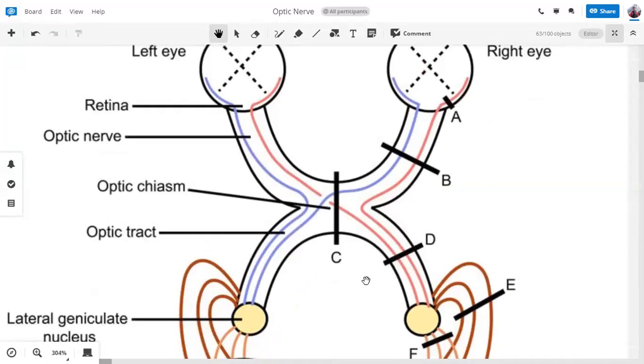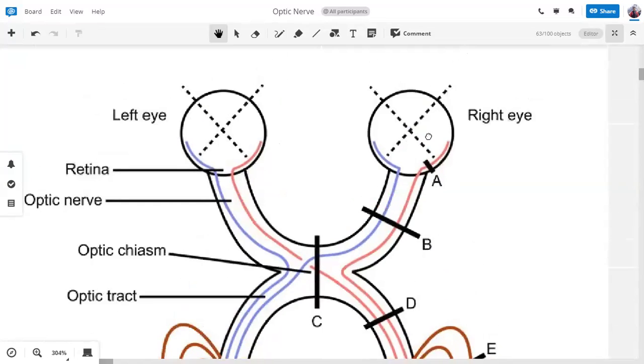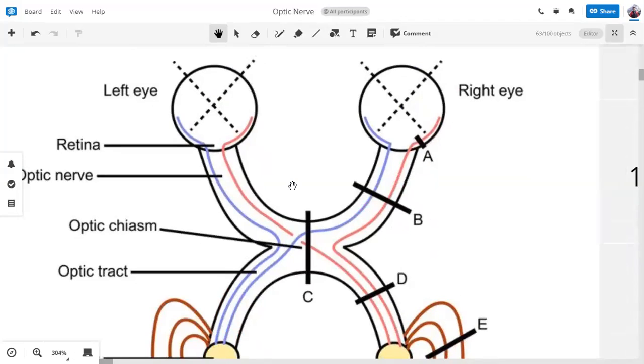The fibers which are passing through this optic tract, the red fibers, will not be able to perceive light and have a pupillary reflex. But we saw that these fibers are carrying only half fields. On the right side, they are receiving fibers from the right temporal field and from the left nasal field, meaning pupillary reflex is being lost in half of the visual field. This is different from optic nerve lesion, in which there was complete loss of the whole visual